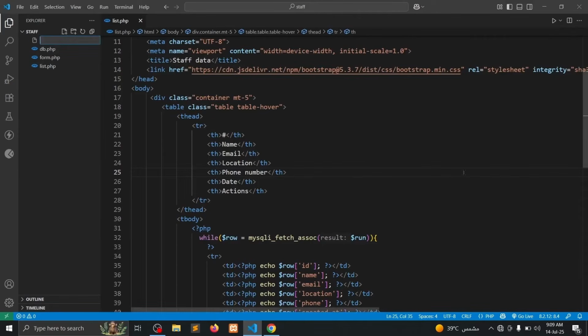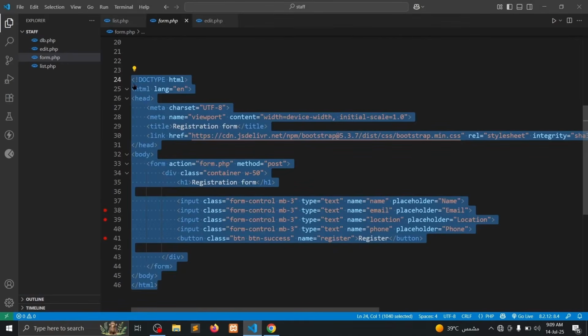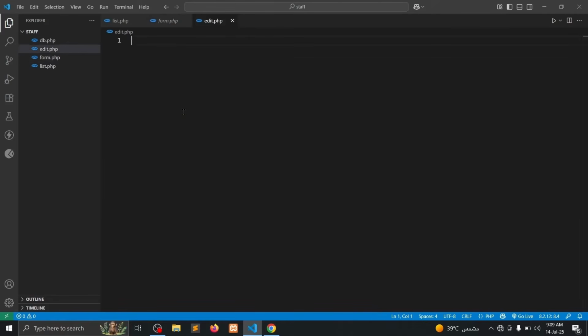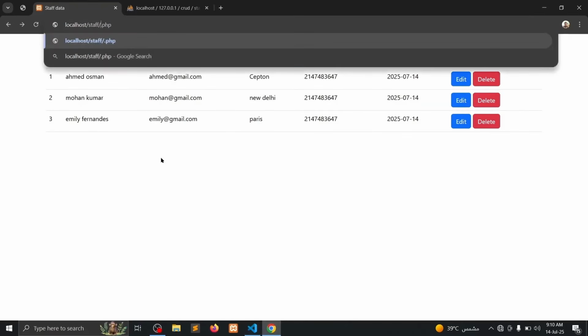First, let's create a new file, edit.php. Then we need a form. I will copy, put here. I will change that registration to edit and the button to edit. And the name attribute will be edit. We will visit